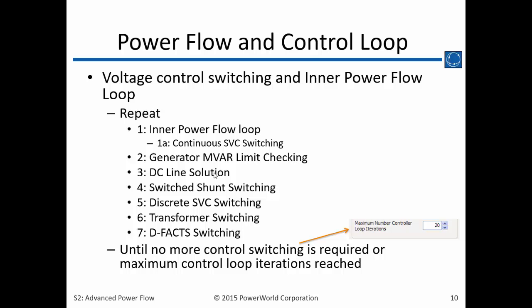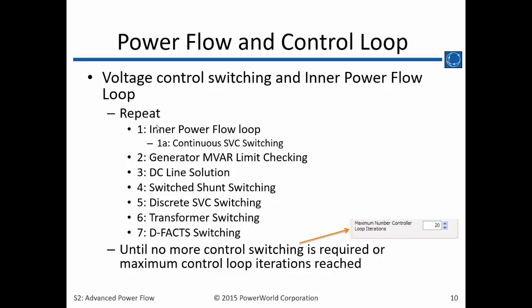It's going to check the DC line solution and make sure that it is balanced. If not, it will resolve and again repeat. It will see if any switch shunts need to change to a new output to keep voltage within range. It will check for discrete SVC switching. It will check for transformers that need to have their taps changed in order to bring the voltage back within range. And it will check any distributed FACTS devices and see if they need to be switched to bring their regulation back within range. If any one of these 6 things here is adjusted during one iteration of the voltage